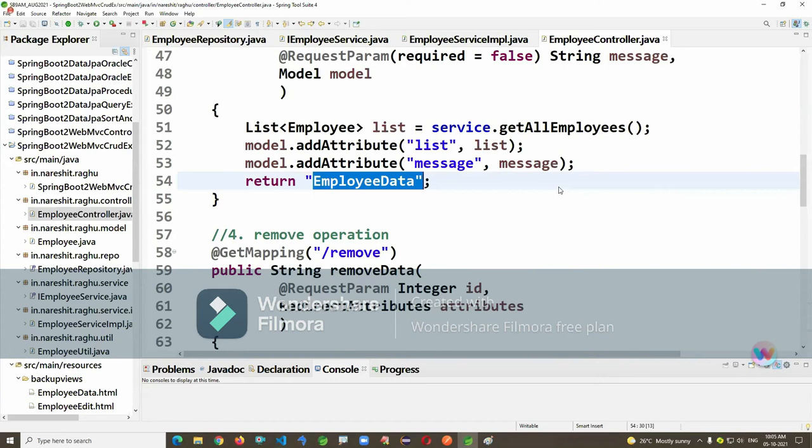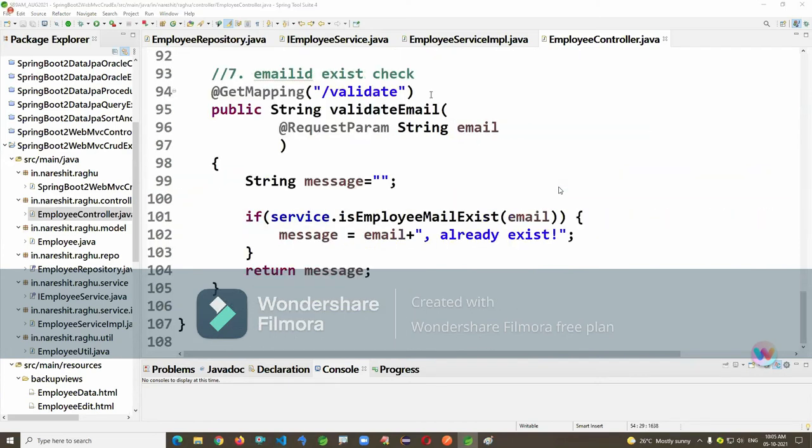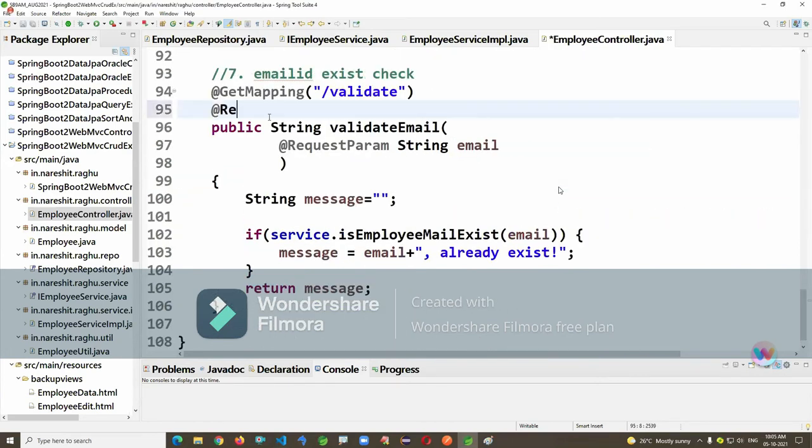So we have to add one annotation. It's @ResponseBody. Look at line number 96. That is the only annotation we have to learn. The remaining is all normal database programming. Are you able to see line number 96? So that is the use case at line number 96. Now let me explain that one.